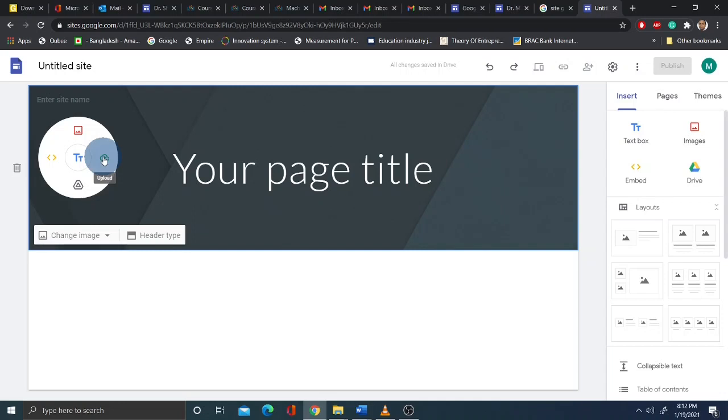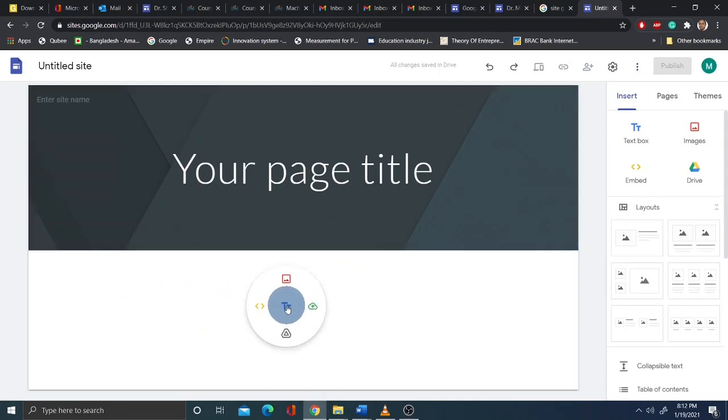If you would like to add things that are already in your computer, you can upload from this particular link, and then also you can embed some information as well, and you can also use your Google Drive to upload your information on your website. So you can see here, if you would like to write on this blank page, just double click here and you can see all this information that I said.